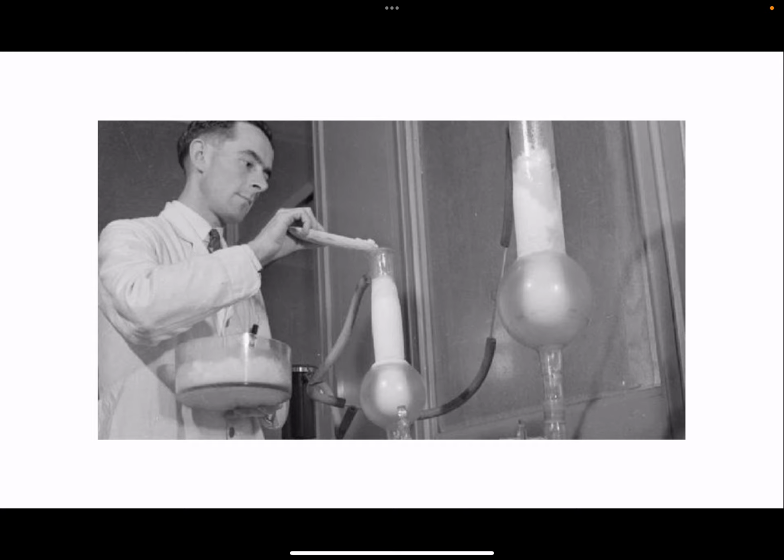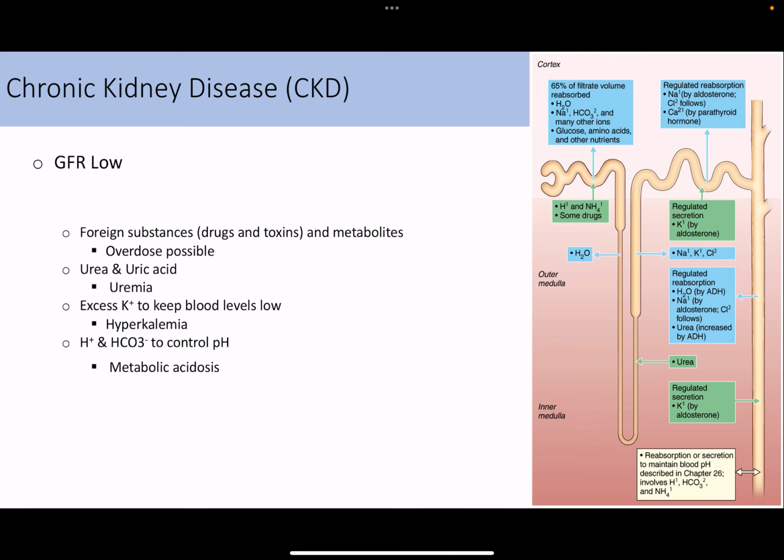Medicine's pretty crazy. So, chronic kidney disease, also referred to as chronic renal disease, is when your GFR is low. What should your GFR be around? 125 milliliters per minute. So if your GFR is low, what we mean is